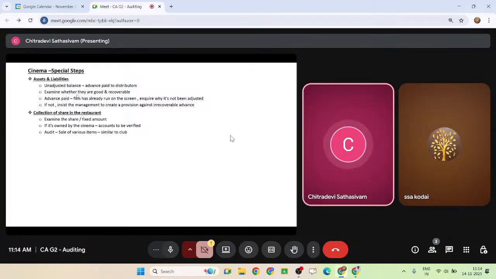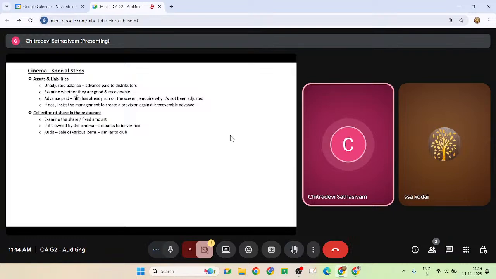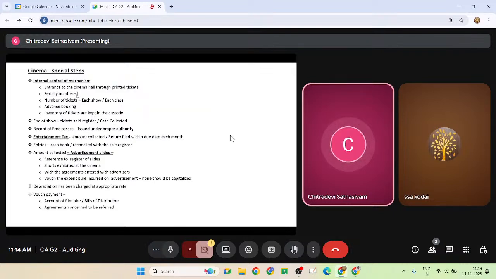That is why I am presenting it to you key point wise. This will help you to understand how to present in the examination. So these are the special tips involved during the course of audit for a cinema theatre. Again, I am not telling you general considerations like paying salary to the project operator, or to the staff working in the cafeteria or lavatory area. No, there are many important things: free tickets, free passes, advance booking, serial numbers, amount paid to the distributors, advances, parking fees, revenues, many things are there.